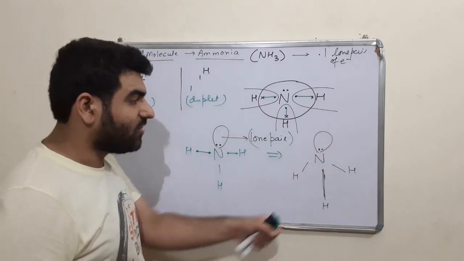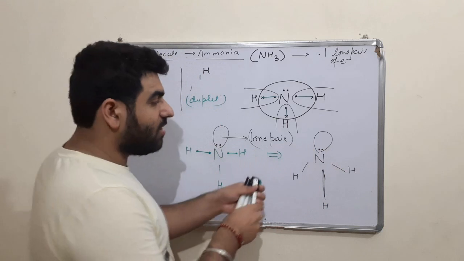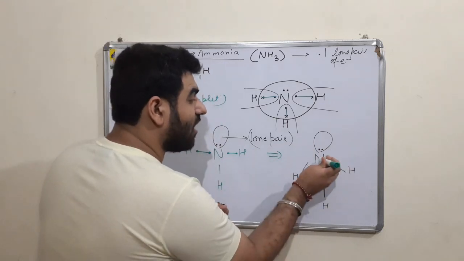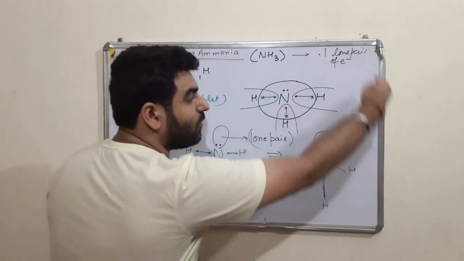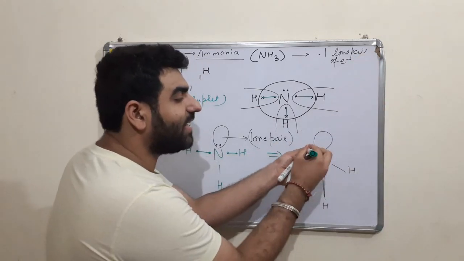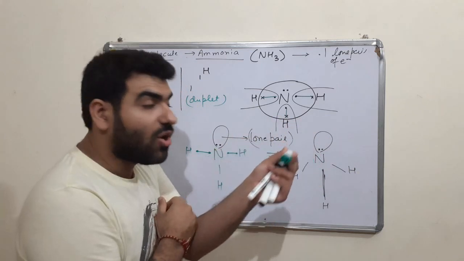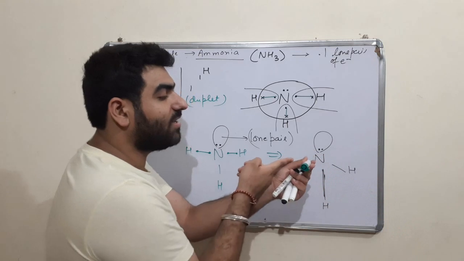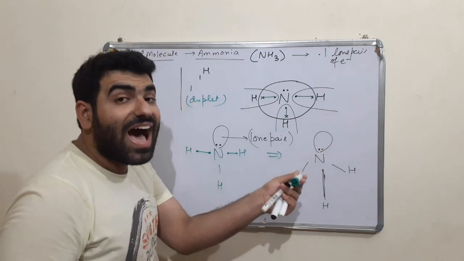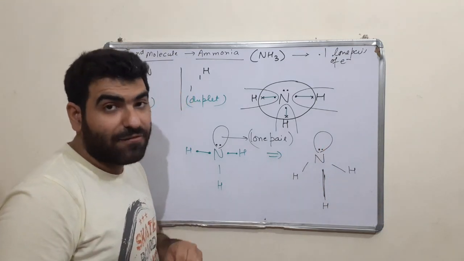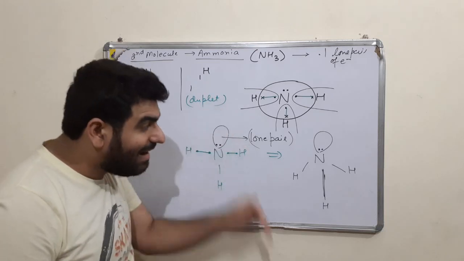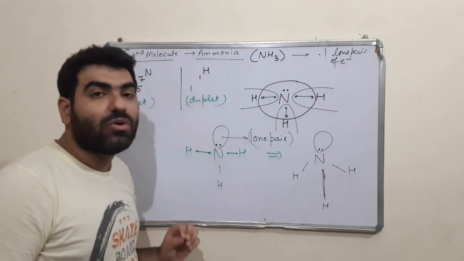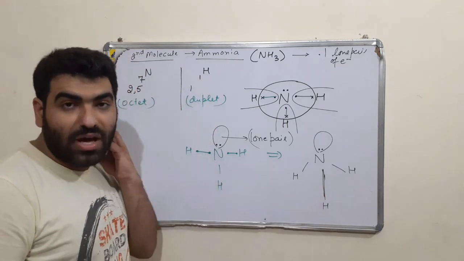Now understand this structure. Center is nitrogen, along two sides this is hydrogen. This hydrogen is along the z-axis. This is x and y axis of the board. We cannot show the z-axis which is towards your side. So this hydrogen is towards this. Other hydrogen is here, other hydrogen is here. Now they are at a maximum distance away from each other in order to lessen the interelectronic repulsion. Alright. So that is why this is how the actual structure of ammonia will look like.